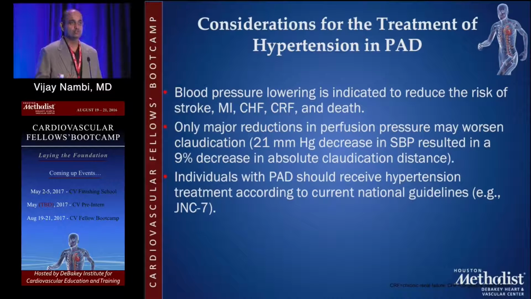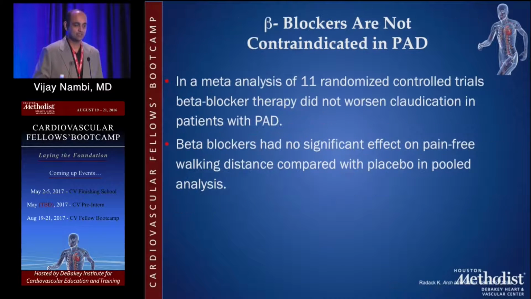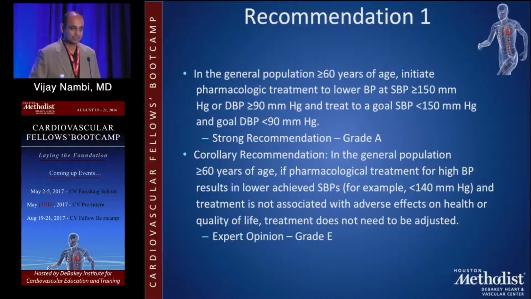What you would do is choose for other indications. For example, if you have reduced EF, you'd go to ACE inhibitors; CKD, ACE inhibitors; heart failure, ACE inhibitors, or beta blockers, or the combination of the two. So you would just use it based on that. And most of this should be taken care of by a primary care provider for that purpose. So as we talked about, beta blockers are not contraindicated.